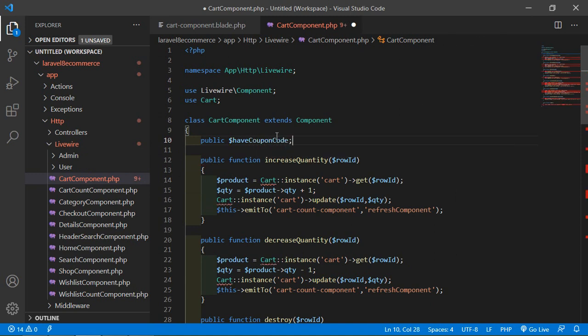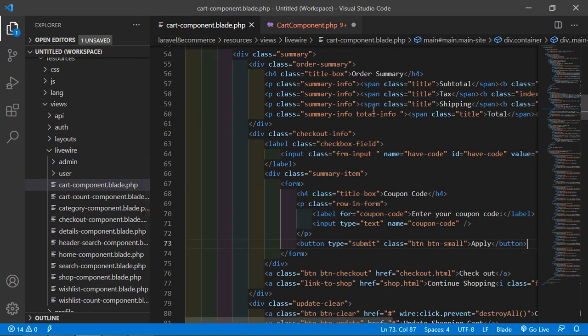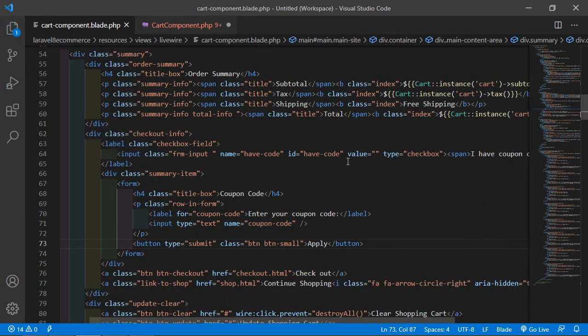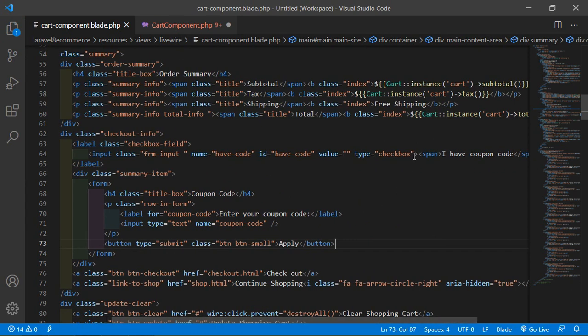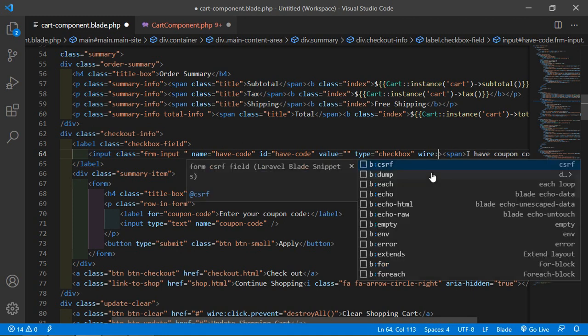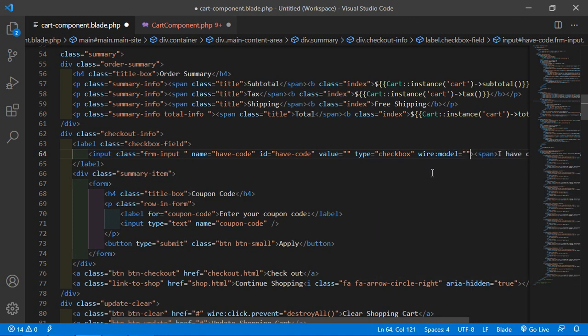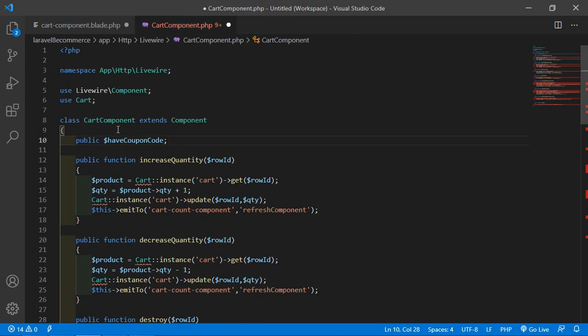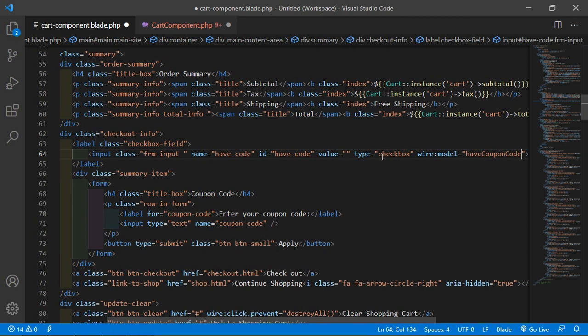Now let's bind this property. Go to the cart component view file, and you can see this is the checkbox. Inside this checkbox, add wire:model equal to this property name, haveCouponCode, and also add the value 1.